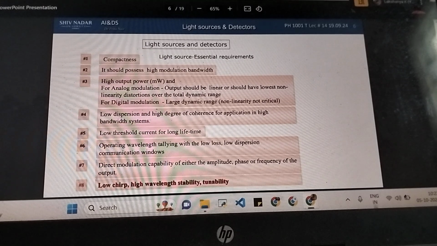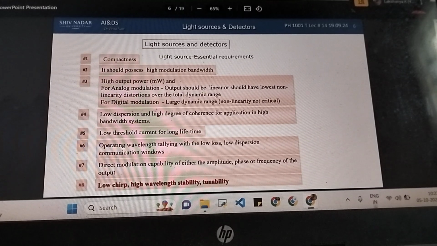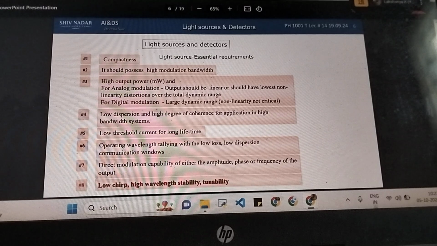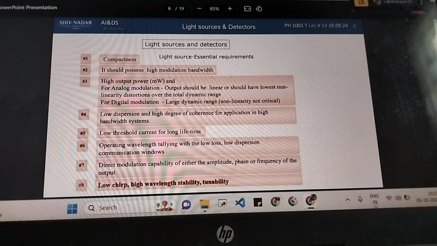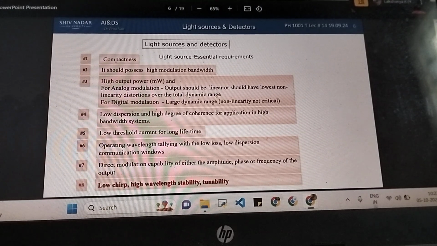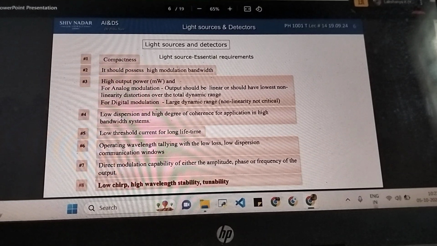This PPT is going to deal with light sources and detectors. So when we looked at the fiber optic communication link, we first saw that there was a light source, a laser diode or an LED diode, and that is what is transmitting light into your cables. And at the other end you have a detector which is picking up the light, and then those signals are